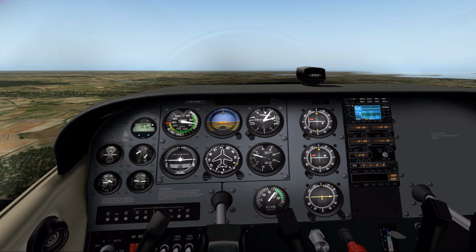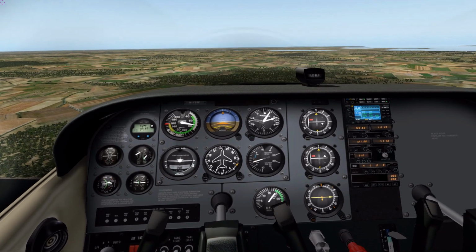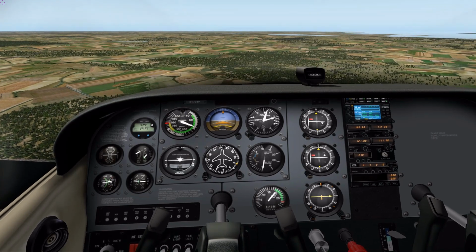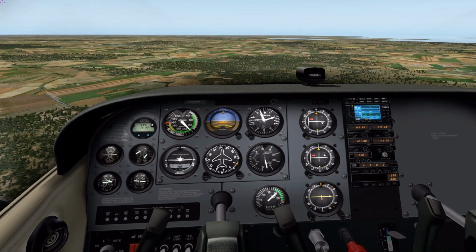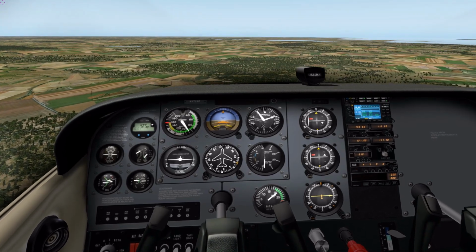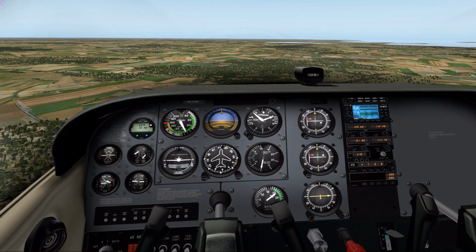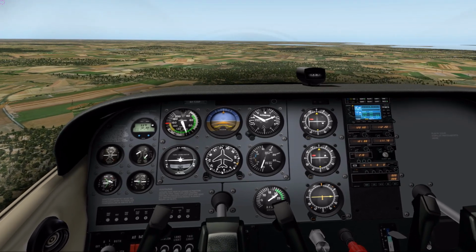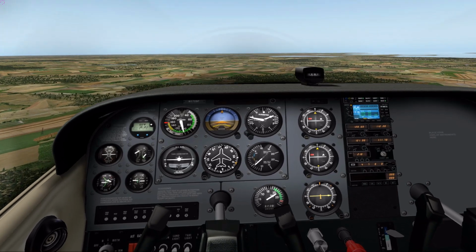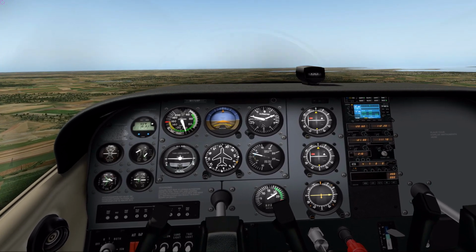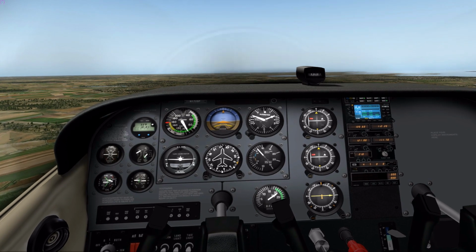And let's try to do the same exercise again. Let's push the nose down, and let's wait until the airspeed increases to about 100 knots. Okay, it is about so, and now raise the nose again, and again keep the horizon in the middle of the